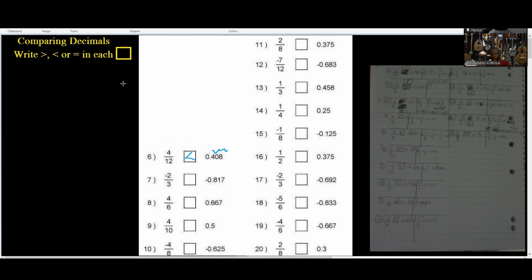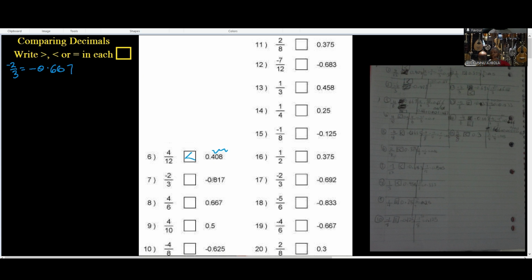Then the next one, which is minus 2 over 3, then minus 0.8. So minus 2 over 3, this is minus 0 point. How many 3 in 20? That is 6. And so that is 0.667. So once this is 0.67 and this is 0.8, then